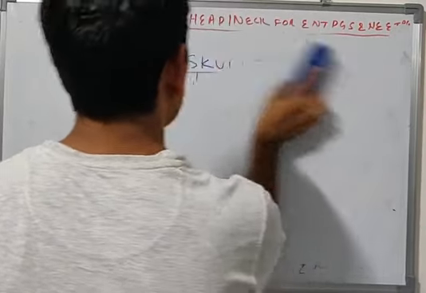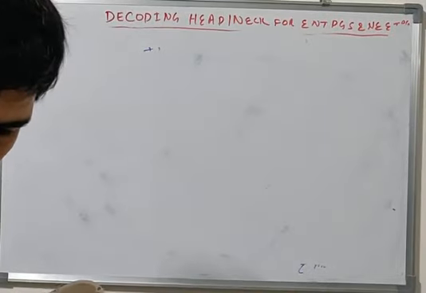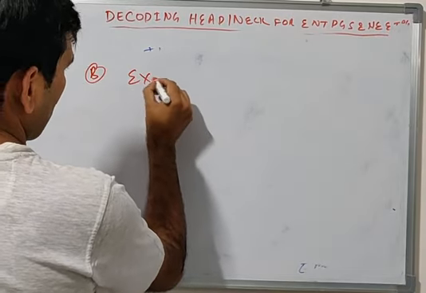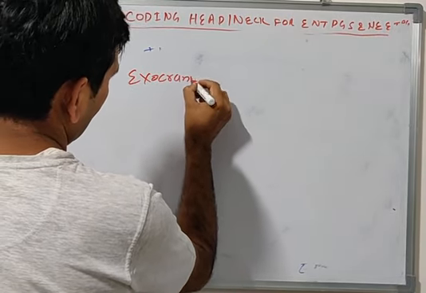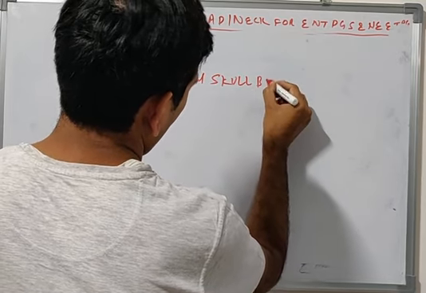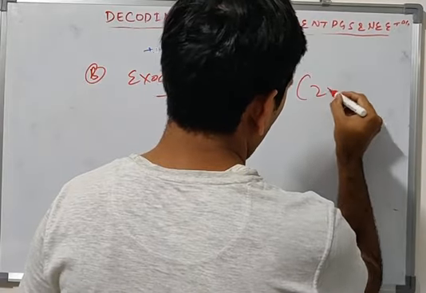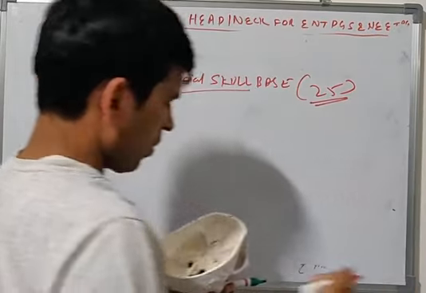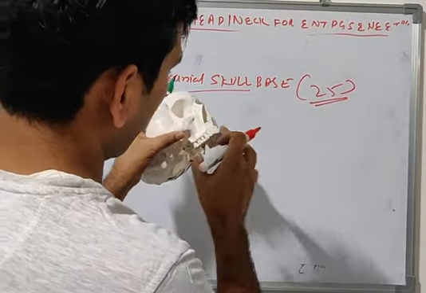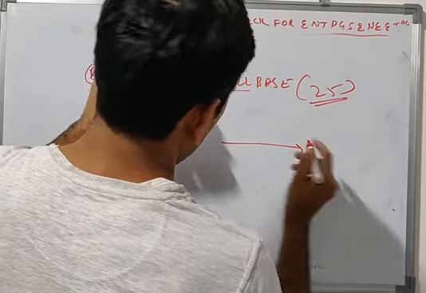Now, skull base. Now we will talk about part B, that is the exocranial skull base, formed by 25 bones. This exocranial skull base is an extension. Anteriorly, if you see,